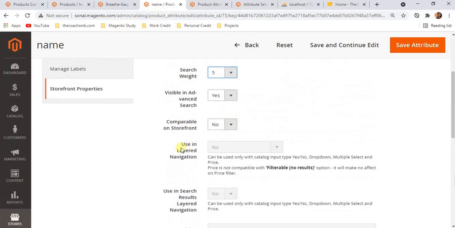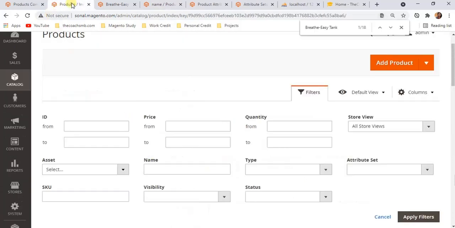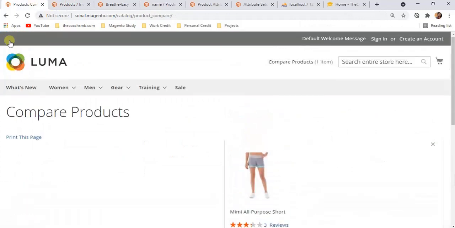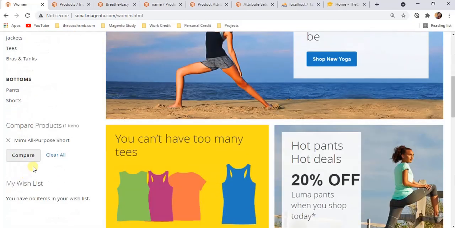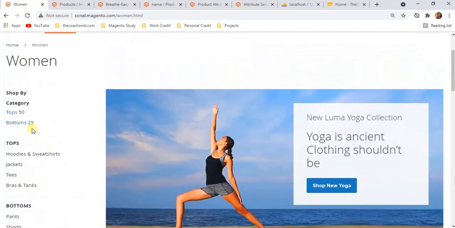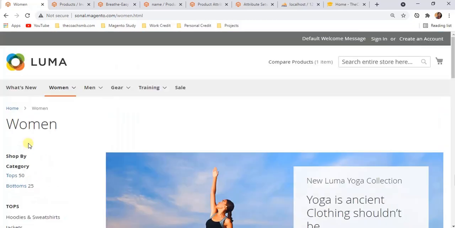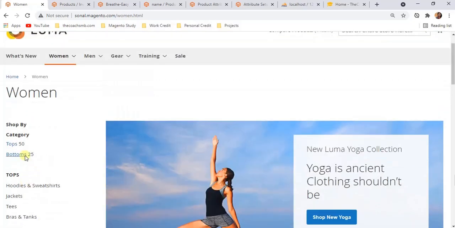Use in layered navigation. If we select yes, then that attribute's values will appear in the layered navigation. Here you can see tops and bottoms. In this way, our attribute will also appear in the navigation, and depending upon its values, we can filter the product.